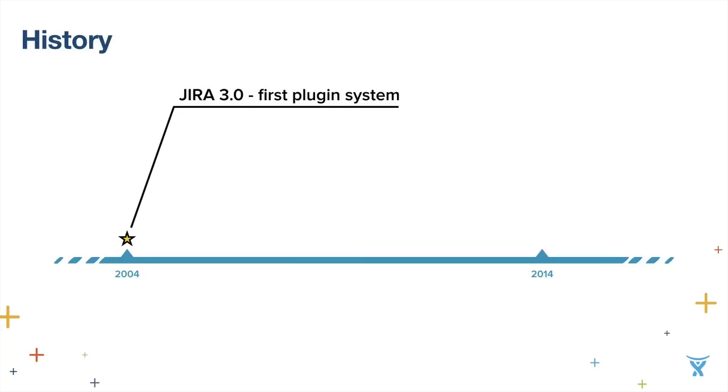So let's take a look at a bit of a history of add-on platforms in JIRA. Almost exactly 10 years ago, we released JIRA 3.0 with the first plugin system for JIRA. At that time, it was simply called a plugin system for JIRA. But later, it evolved together with its name. And today, you know this plugin platform as the P2 plugin platform. It's a really successful platform. In fact, the vast majority of add-ons are created on that platform.